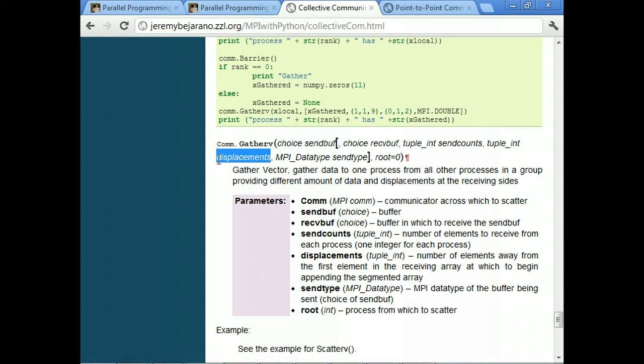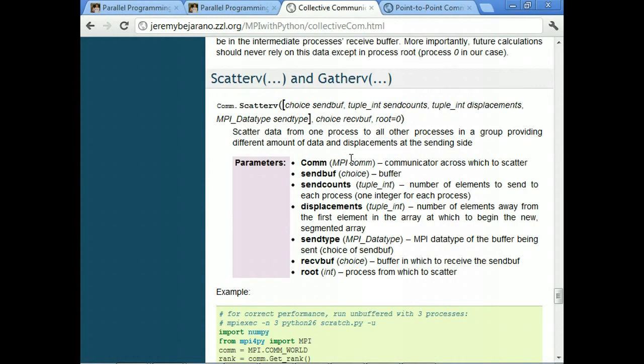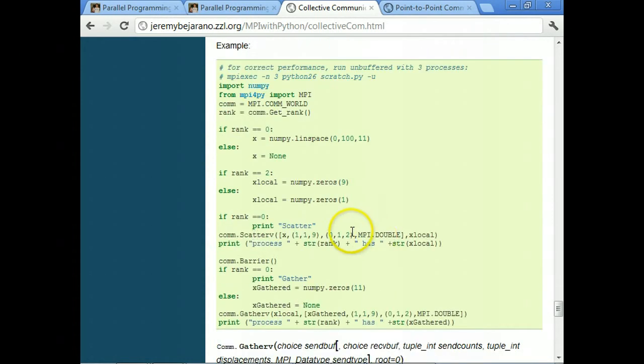So we give it the displacements and where we want to start writing to memory. And then the last thing, which is in both of them, is the data type. And here we do have to specify the data type. So the data type that we'll usually be using is MPI double, or you might use MPI int.